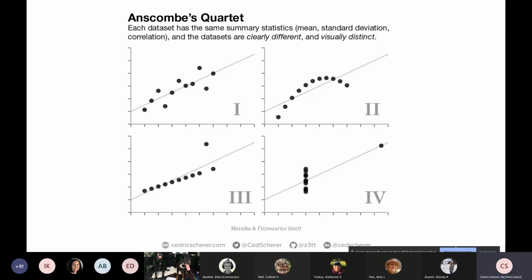While in the first one, Roman numeral 1 in the top left, the line is really following the data, or the data is dictating the direction of the line, we see a curved pattern in number 2. We have one outlier on the y-axis in panel 3, and one outlier on the x-axis in panel 4. And if we would not plot these as a simple scatter plot, we would not see that these data sets are different, and that we might not want to use a linear regression, or we might want to have a closer look at the outlier or remove the outlier whatsoever.